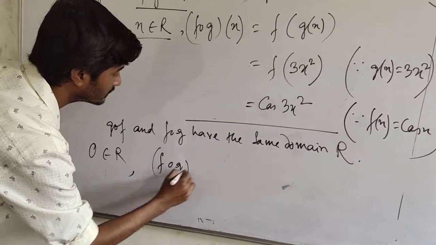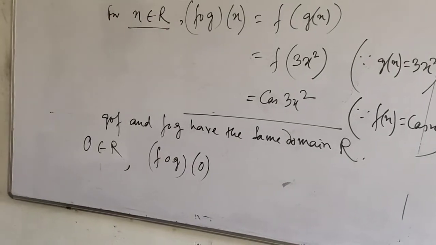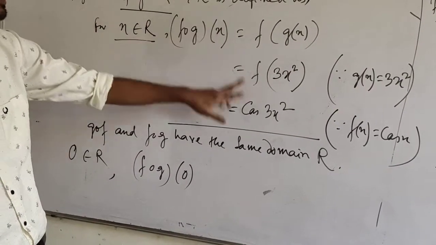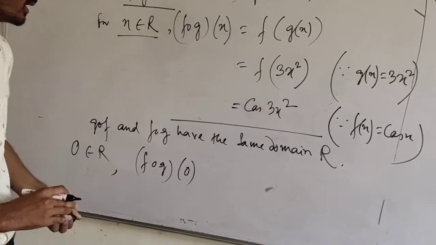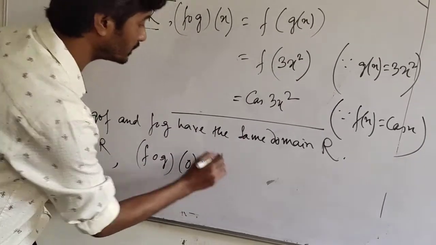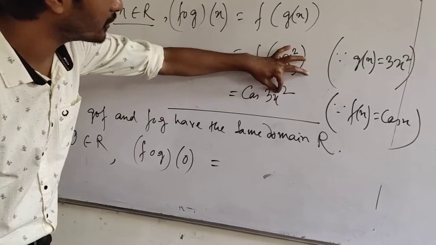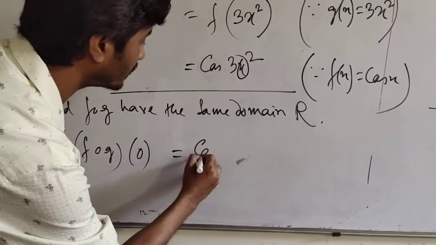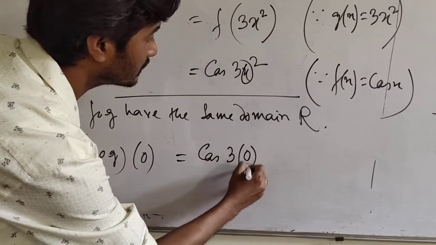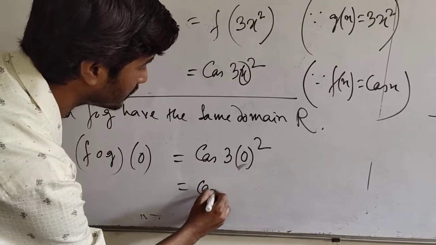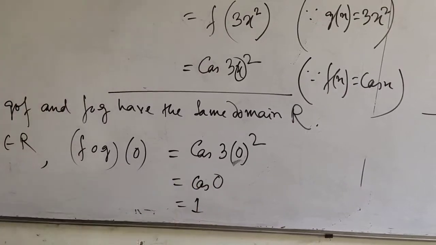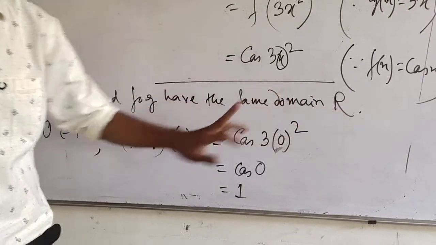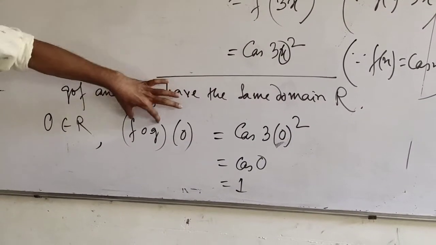FOG 0. Let us see what is FOG 0. This is the definition: FOG x is cos 3x square. So what should be FOG 0? What we do? We substitute 0 for this x. So for x we put 0, cos 3 into 0 square, which is cos 0, which is equal to 1. গতিকে আমি দেখিলো যে ইন পার্টিকুলাৰ 0 টু ডোমেইনটো আছে r আৰু 0 ৰ কাৰণে FOG 0